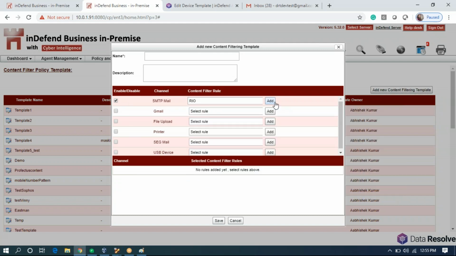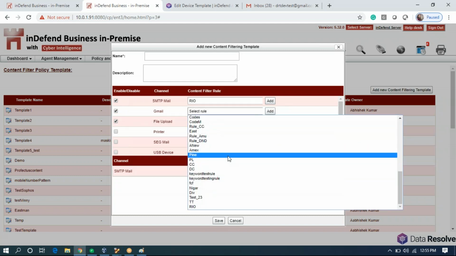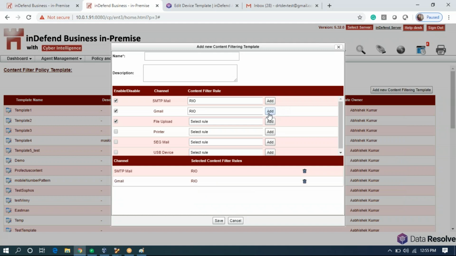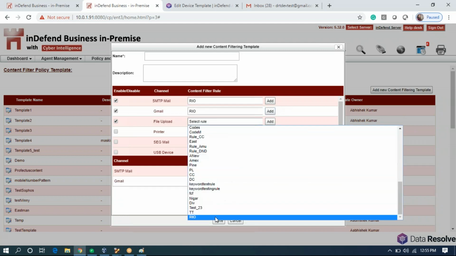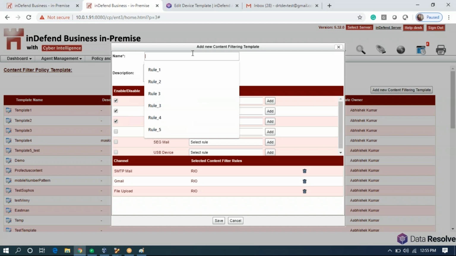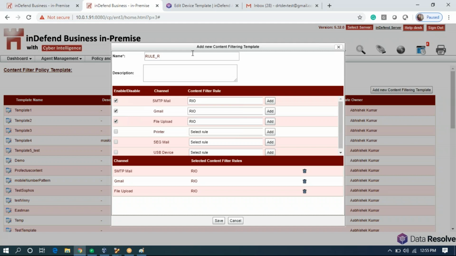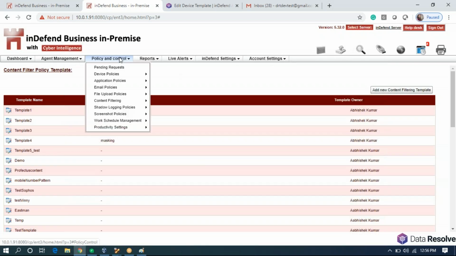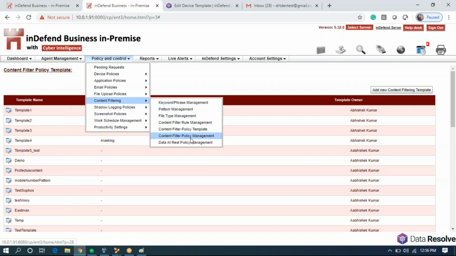So on SMTP channel, I've applied Rio. On Gmail, we have applied Rio. File uploads, we have applied Rio. And we'll name this as rule R. We will save this. We'll go to the next step.